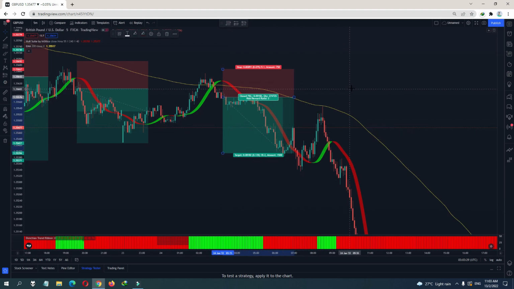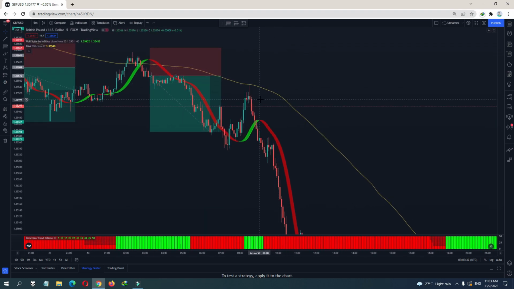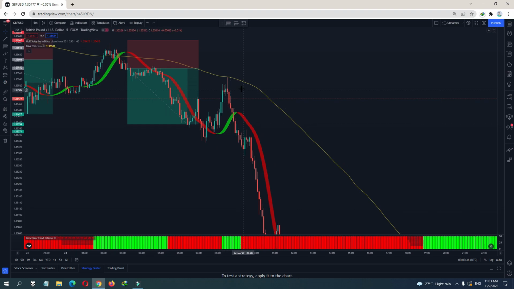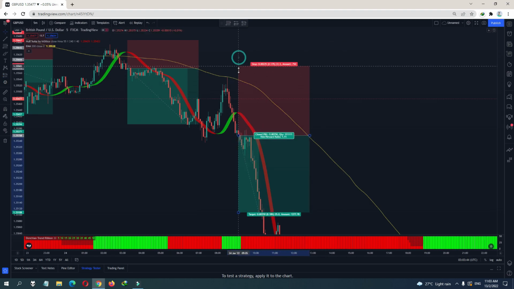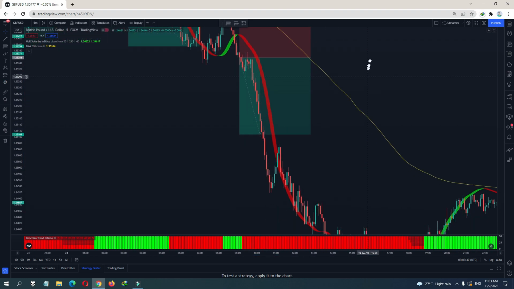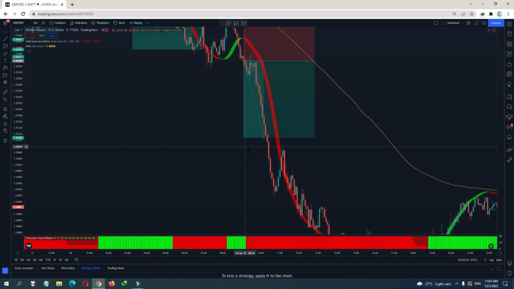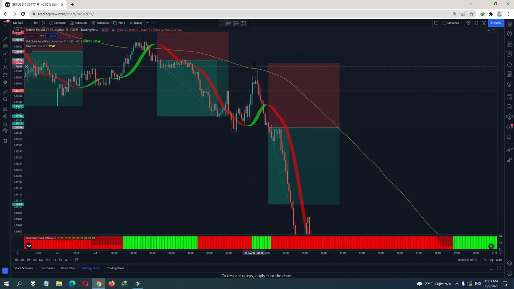All right. So here we have another one, and the Donchian is green, below the 200 EMA. So if you see it like this, I personally would not take this signal. Why? Because the stop loss is too huge. Okay, so although we have a huge win right here, I would not take this because the stop loss is